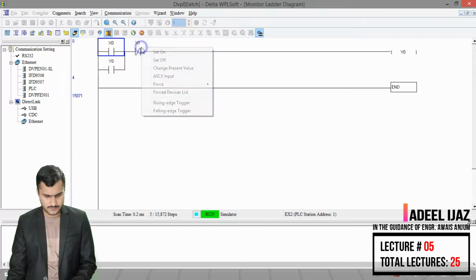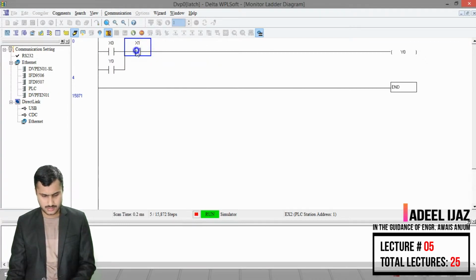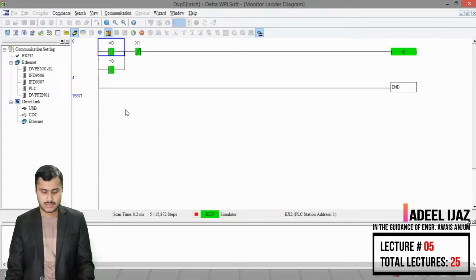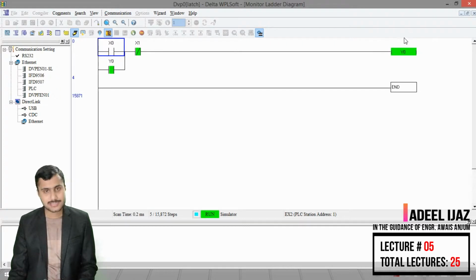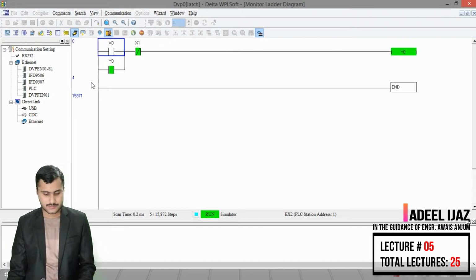So if I turn it off and turn it back on, so now I turn X0 on, you can see Y0 is again turned on. So if I turn it off, the supply given to Y0 is by Y0 itself, which is now acting as a switch instead of output, which means here Y0 is our output, but here Y0 is our switch. So it gives the supply from this path, which means from Y0 to X1 and then to Y0,